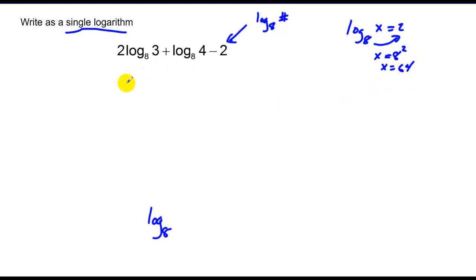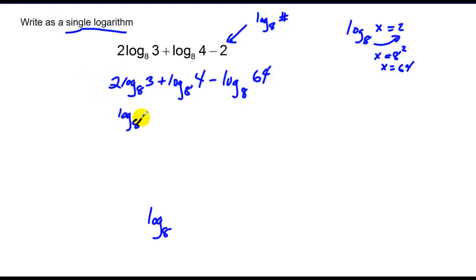So I can rewrite this whole thing as 2 log base 8 of 3 plus log base 8 of 4 minus log base 8 of 64, because what power of 8 is 64? 2. Now we combine all this, go left to right once again, but deal with the multiplication first. So this is the log base 8 of 3 squared plus log base 8 of 4 minus the log base 8